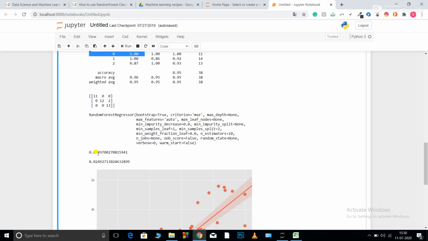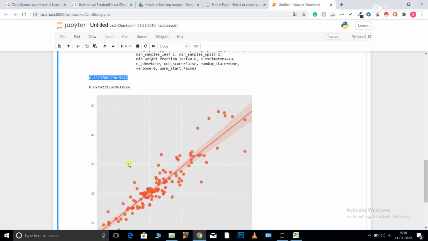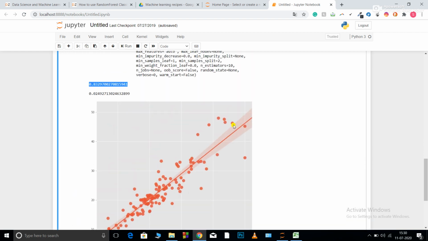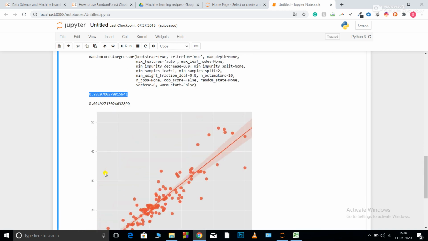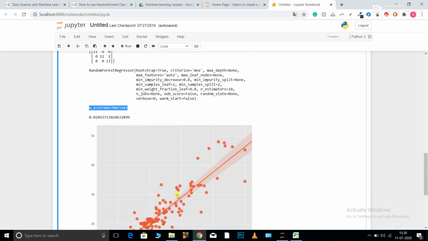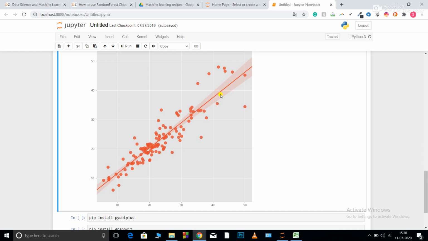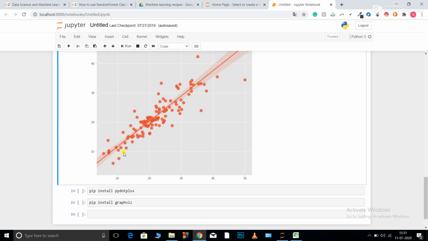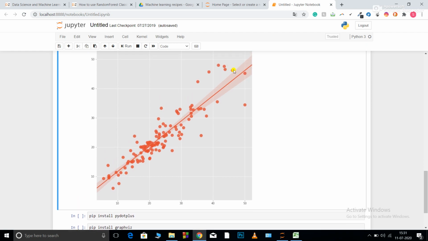Now random forest regression. So these are my values, 0.8329. This is the output for my random forest regression, my R2 score, and this is my log score. So this should be as close to 0 and this should be close to 1. Now these are my final plots, and this is the line that it has fit. Sorry, this is not the line the model has fit, because the random forest regression that I used is a non-linear model. It fits this line using linear regression. So this is a completely different thing. I just wanted to show a linear regression too. So how does this fit the line?